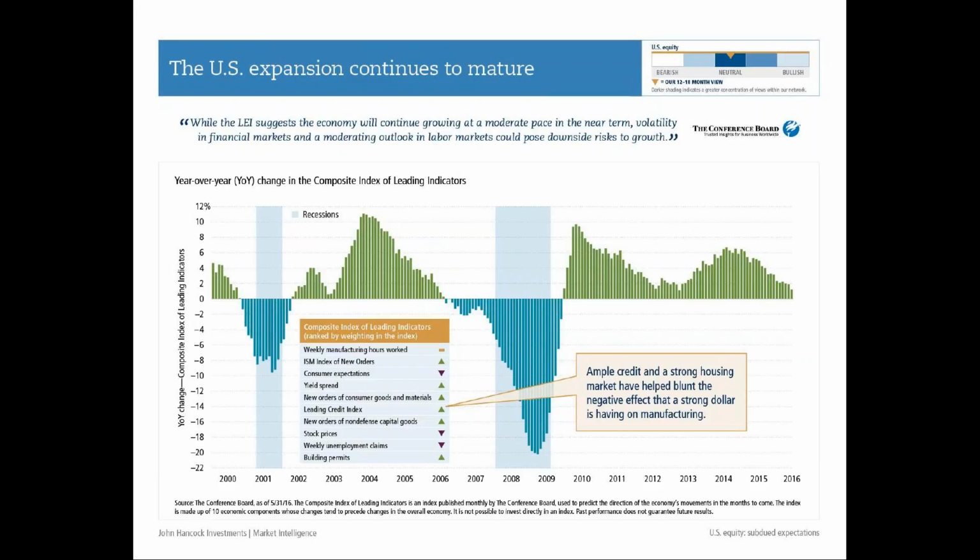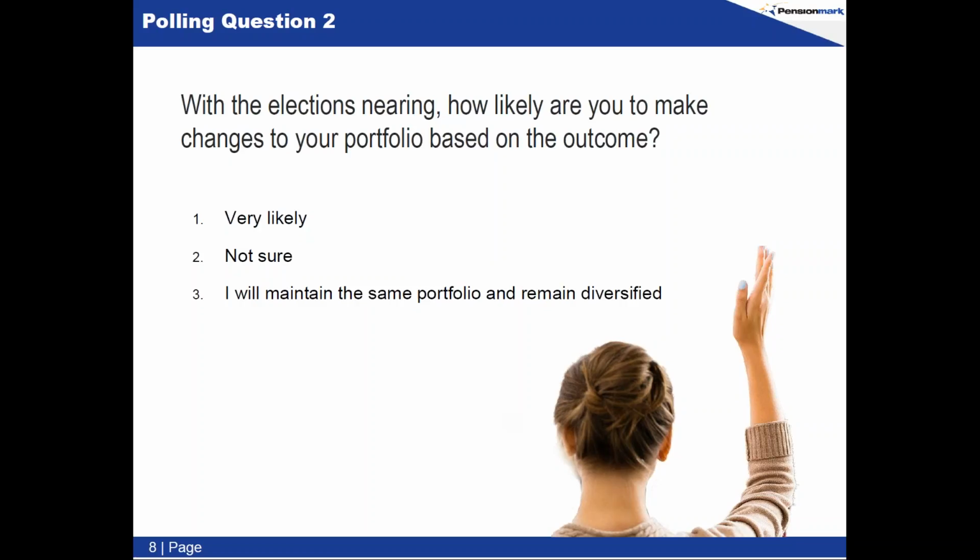From 2010 to 2012, it went down, flatlined, bottomed, moved a little bit higher. So what we're hearing from our network and the analysis that this would provide is that we are likely not going to see a recession because it is still positive, but that the economy is slowing and that it is trending lower. So it's more of a muted growth type environment, but not a recessionary one. And that's a huge reason why we're neutral U.S. equities. We're not seeing huge growth here, but we're not seeing a recession either, so it should be a part of your portfolio. All right, next polling question.